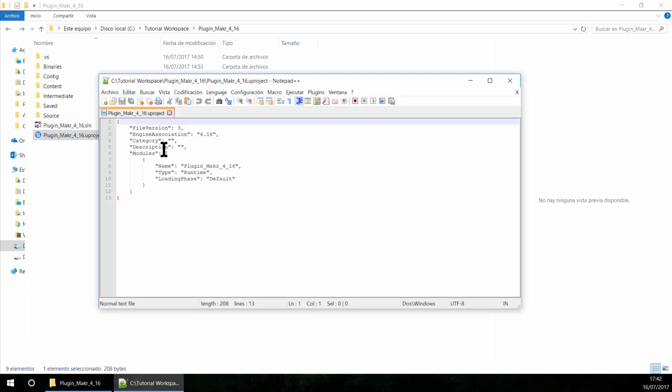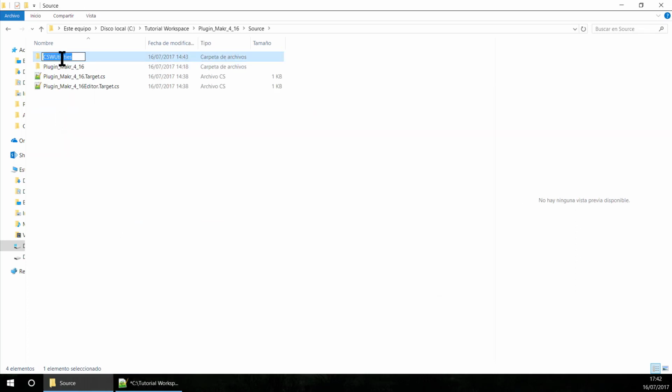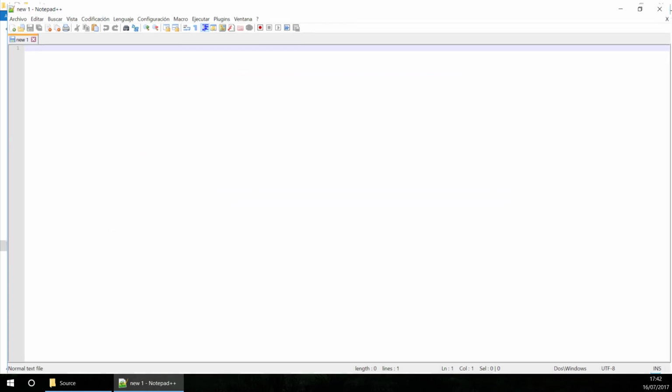And if I edit, I'm going to add a new module here. You can see that there is only one module, so I'm going to copy this module, and the name of the new module will be the name of the module we created in the previous tutorials. So I'm going just to copy and paste it. I save, I close,